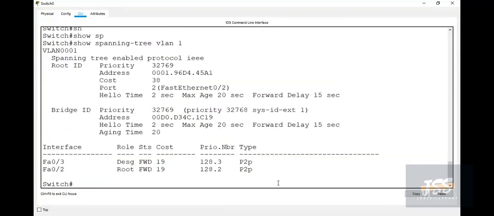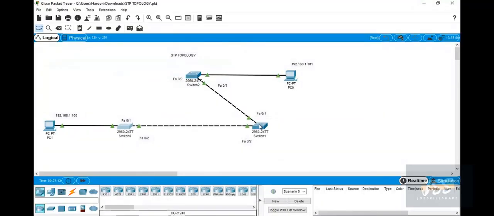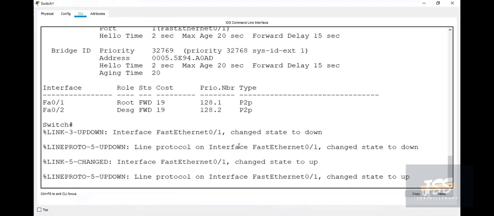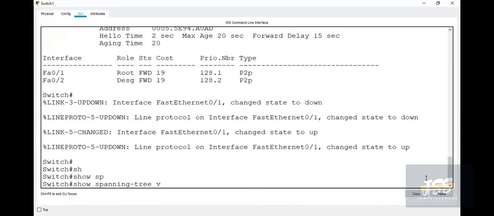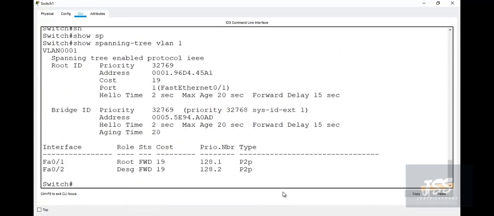You will see over here designated port and root port are shown. Then we will see the same for switch 1. Here we will see the output as follows with the command show spanning tree VLAN 1, and this is also the root and designated port.